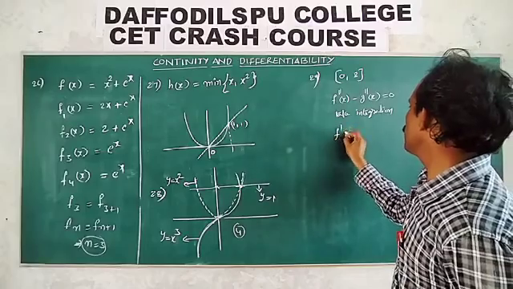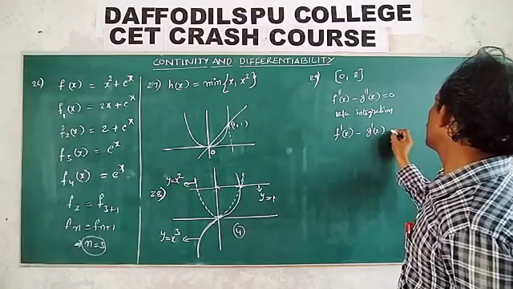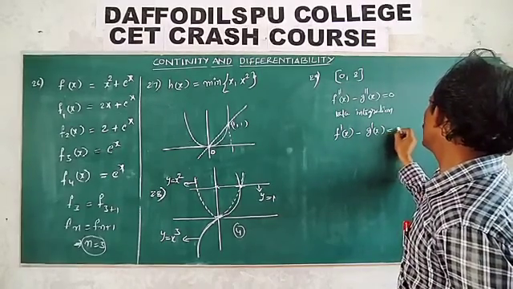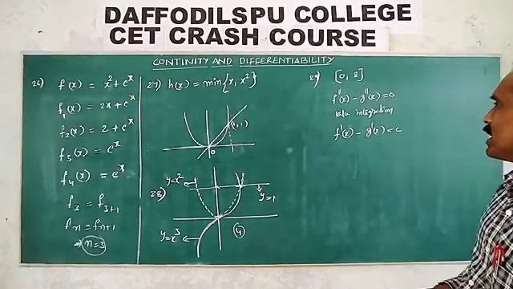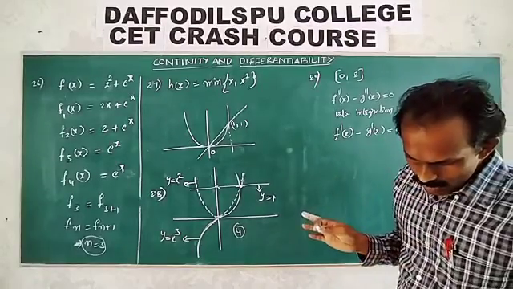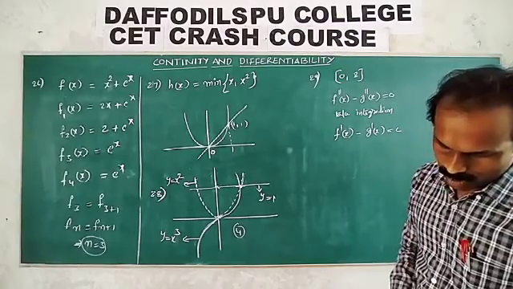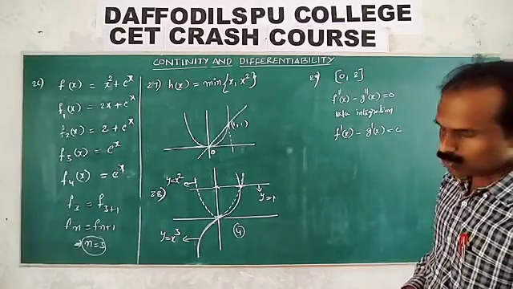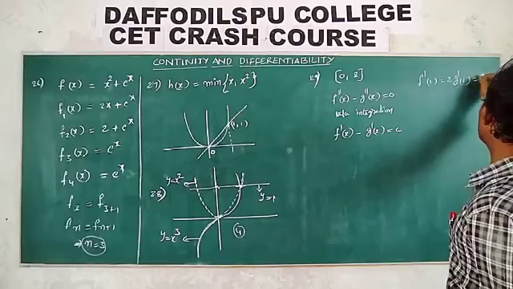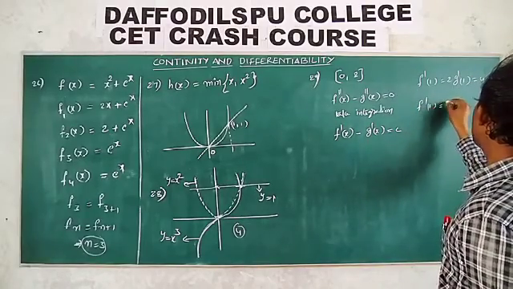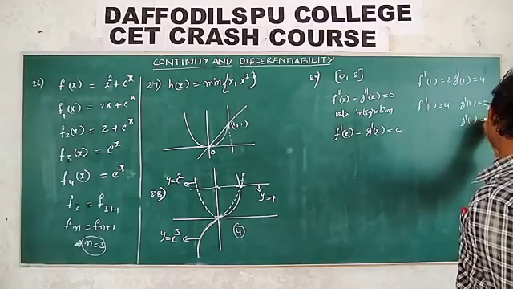Then f'(x) minus g'(x) is equal to c, some constant for integration, right? The f'(x) value is given. Okay, f'(1) value is given, and g'(1) is equal to... What is given? f'(1) is equal to 2 times g'(1) is equal to 4. That implies f'(1) is equal to 4. g'(1) is equal to 4 by 2. Therefore, g'(1) is equal to 2.